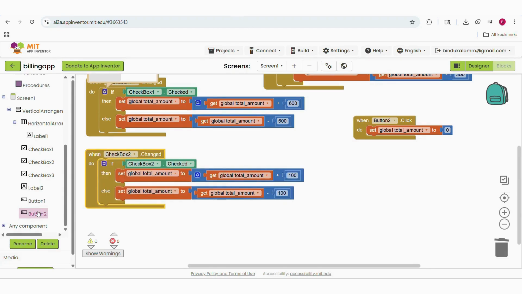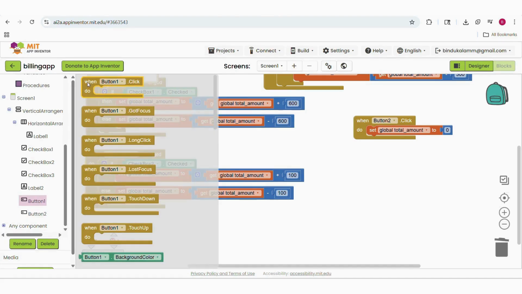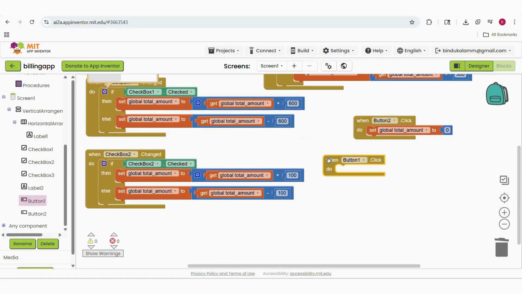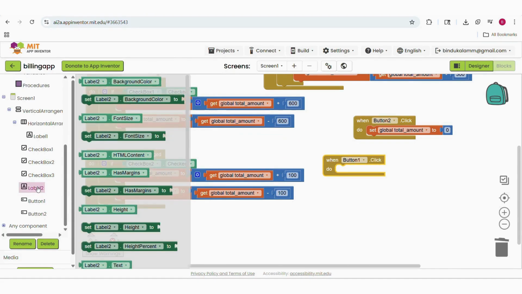Then click on button 1 and drag and drop when button 1 click block and then click on label and drag and drop set label to text block and set it to get global variable.